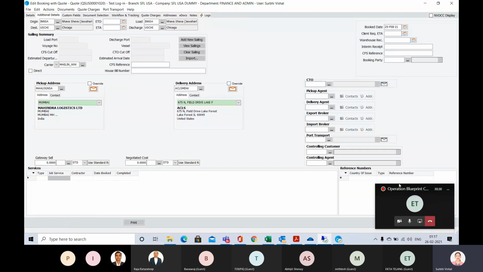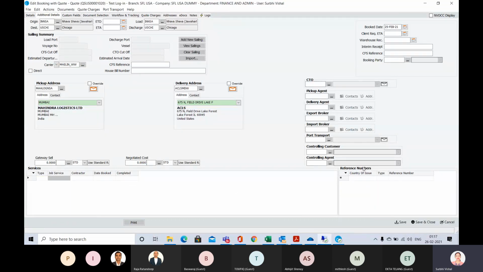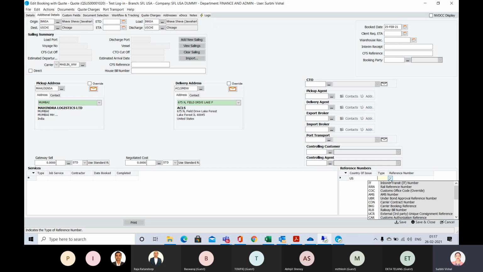Similarly, at the right, you can see reference numbers, like for the country of issue US, it will automatically take US because I have logged in through the US company. And here, AMS number, customs office code. Okay, so anything which is there in the document, you can enter over here.